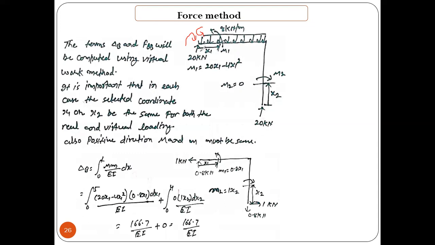So M1 is equal to 20 into x1, this is the x1 distance, minus 8 into x1 by 2 into x1, so it will be 20x1 minus 4x1 square. So this is the M1 which is coming. Now we need M2. What is the value of M2? There is no perpendicular force, the force is in this direction only, in the downward direction, so no moment is going to be created in this particular portion. The load is acting in the same direction as the member, so there is no perpendicular force. So here M2 will come out to be 0.